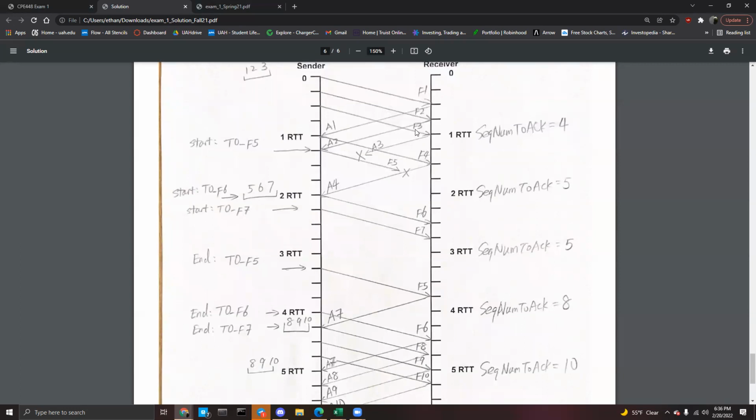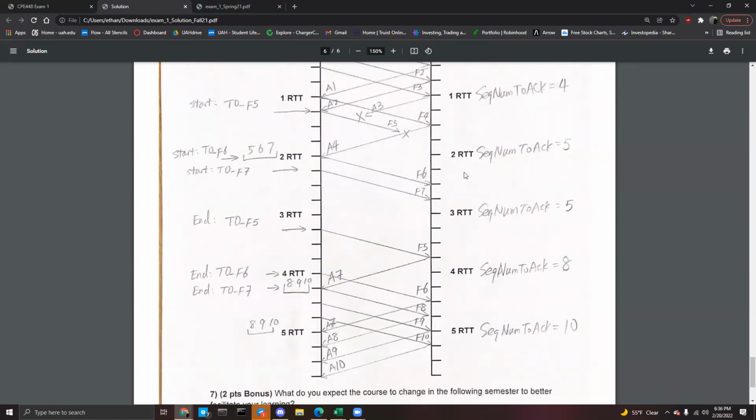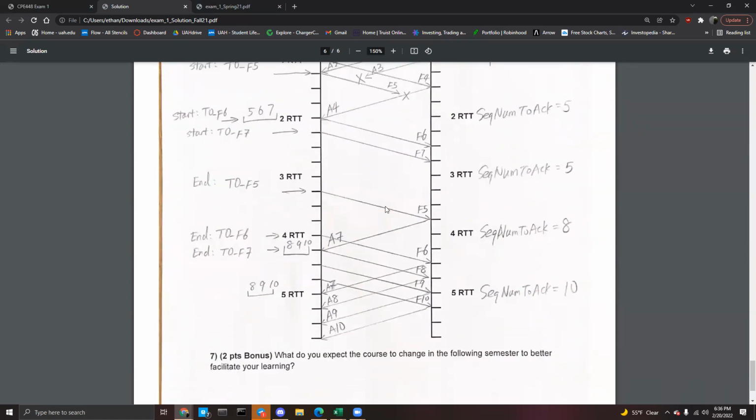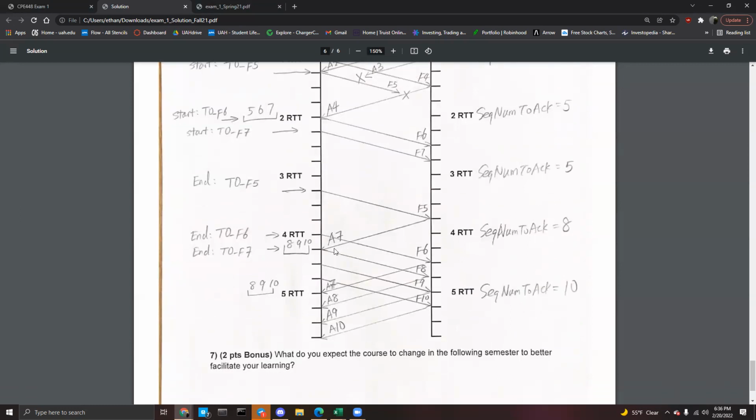We have 4 here because F3 was last received. A4 was received, so 5 was failed, so it's pointing to 5. So nothing changes, it points to 5 still. Sends 5, A7. So A7 was received, so it points to 8, because frame 5 was sent. So it's just whatever frame it's waiting on, because 6 and 7 have already been received. 5 was just received here. So now at 4 RTT, the frame it's looking for is the next frame that it's yet to receive,